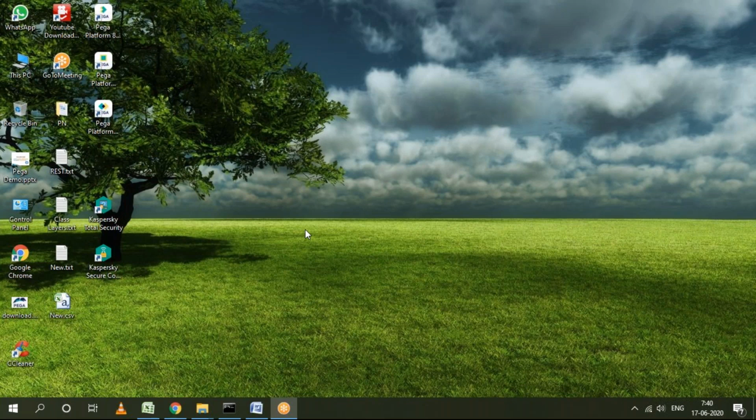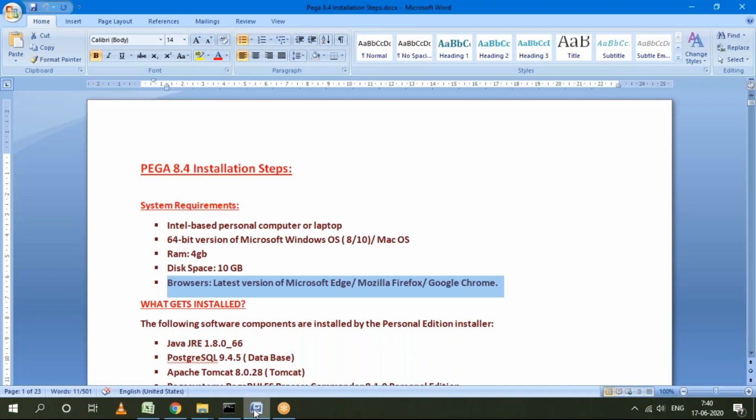As I said, for the system requirement, any system is okay, it will support. Any processor; if it is Windows, a 64-bit operating system is required, and if you use a Mac, Mac OS is required. After that, 4 GB RAM, minimum 4 GB RAM is recommended, and 10 GB free space, and any browser with the latest version will support. These requirements are met by every system, that is not an issue. Most systems will meet these requirements by default.